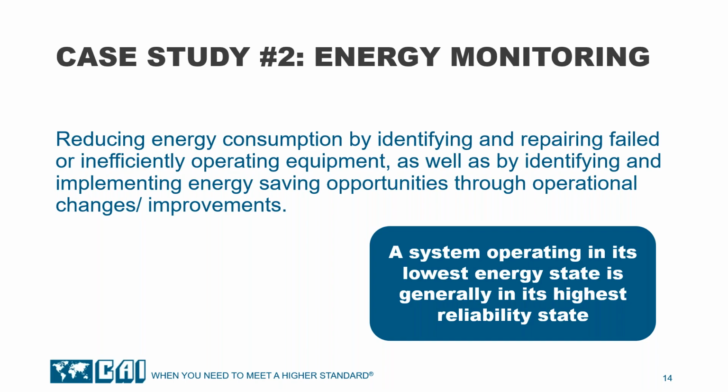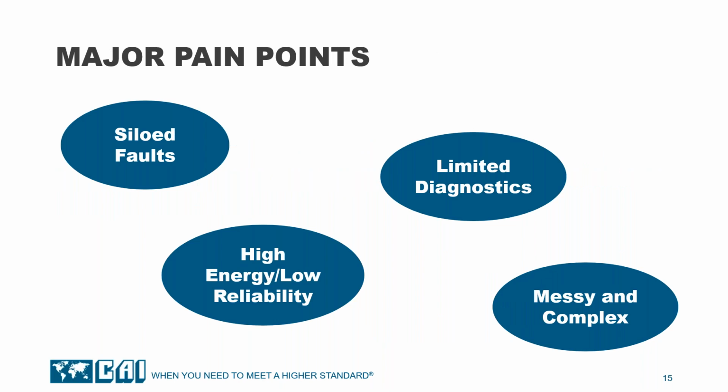Now, there's lots of systems out there. There's lots of building automation systems that are trying to get into fault detection, but there are some pain points in this case too. Predominantly siloed faults. You get an alarm, and that alarm is siloed within this one failure mode that you see within this system. It's not an overarching conclusion that you can draw from a lot of your alarms, and then there's a lot of nuisance alarms. Limited diagnostics. You get an alarm, but what do you do about it? Okay, and so in this case study, you're going to see an answer to that.